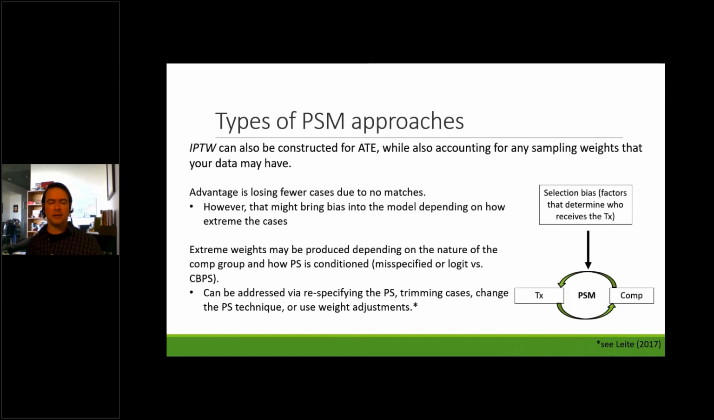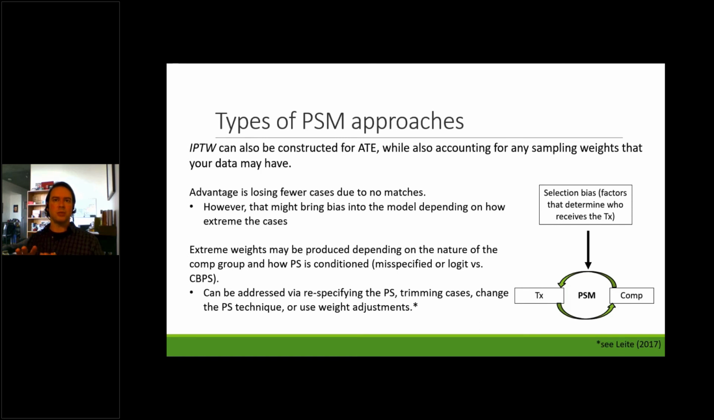The inverse probability of the treatment, or IPTW, can be constructed for the average treatment effect, while also accounting for any sampling weights that you might have in your data. So if you have complex survey sampling, you might be able to do this in conjunction with those other weights. A clear advantage to weighting is that you're losing fewer cases due to no matches. So everybody's going to get a weight,